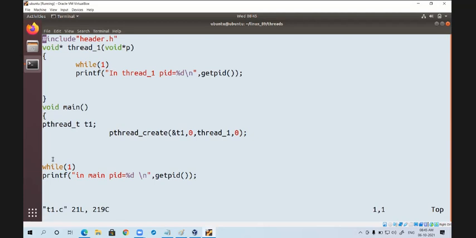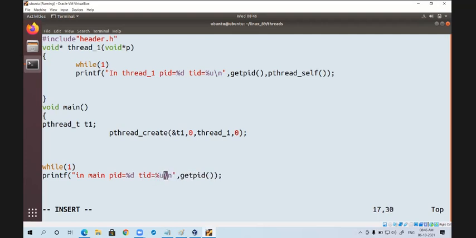So in these two threads, the process ID is same, but the thread ID will be different. TID is equals to percentile U, pthread_self. What will the getpid function give us?